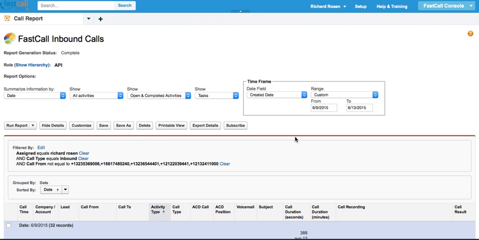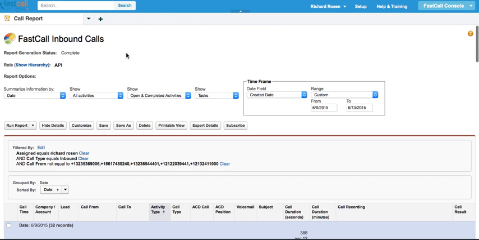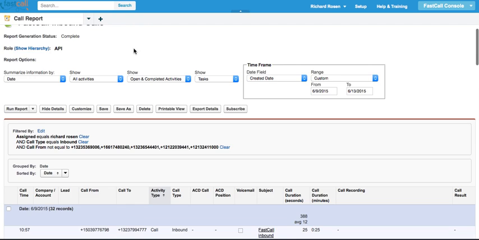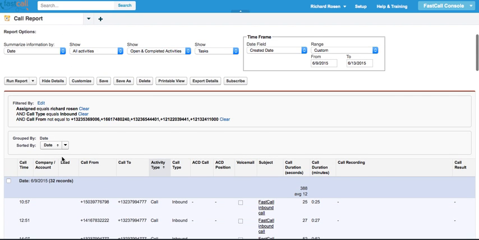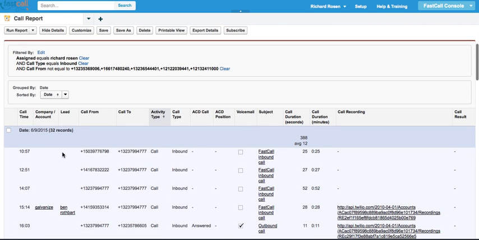This is a report I have of my inbound calls, FastCall inbound calls, and there's a sample of this report in the package. I may have added a few extra fields to my version of the report, but like any Salesforce report, you're going to customize this as you like. There are a few phone numbers that I've filtered out, but essentially what you're going to see here, and this is really the advantage of having your inbound routing in Salesforce and FastCall, is that you're going to